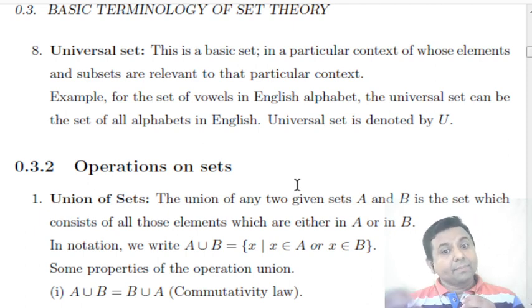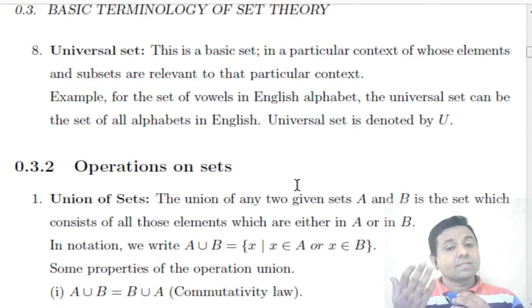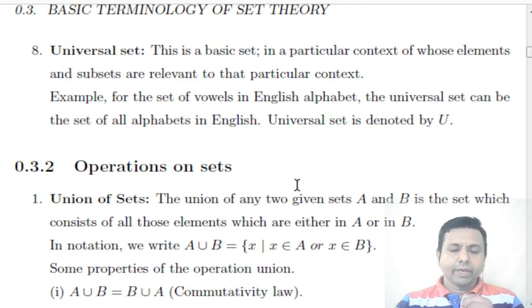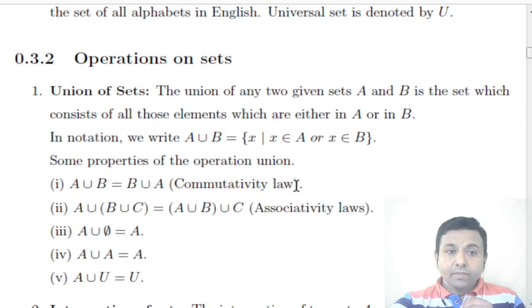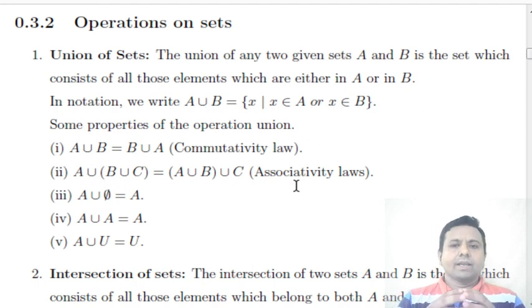Let the set of prime numbers be our set. Then what is the universal set? The set of natural numbers. It is easy to understand. So the universal set is represented as U. Now we have some operations regarding two sets, which are further generalized to different numbers of sets.